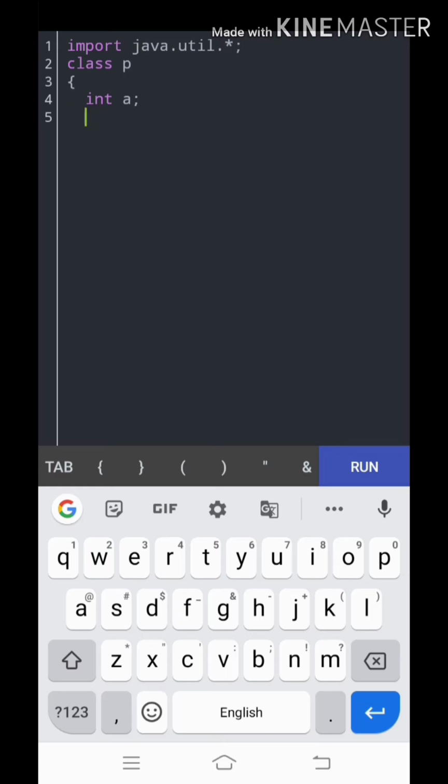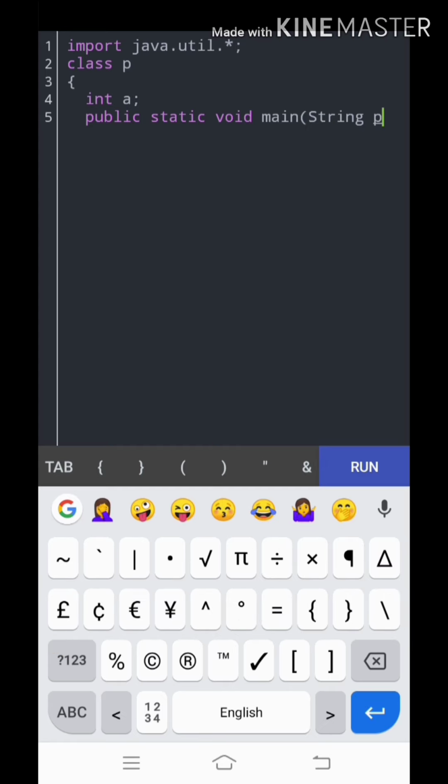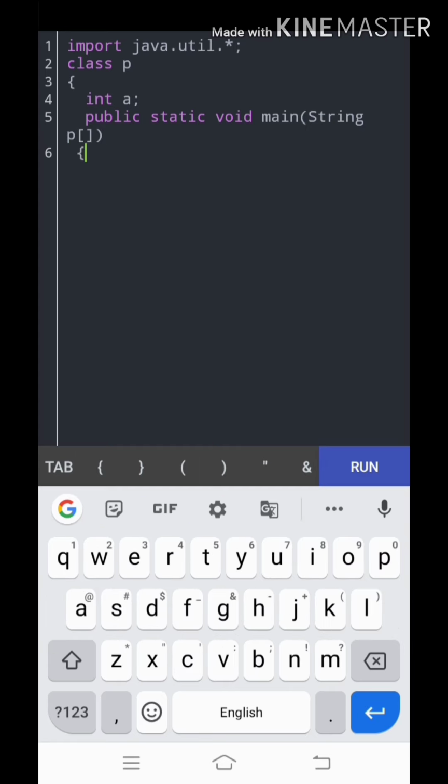Now I am going to create a main function, public static void main, String, p. So the main method was created. What we need to do is take two objects for the same class.